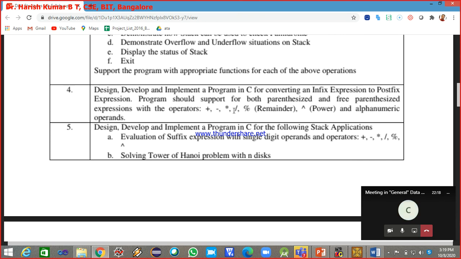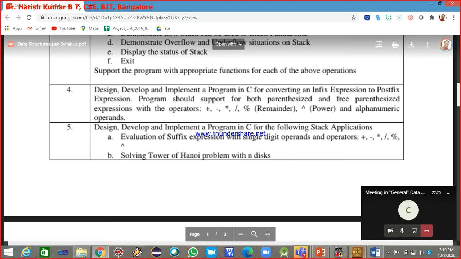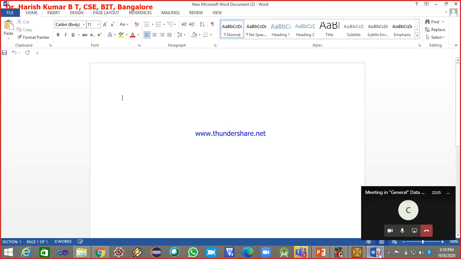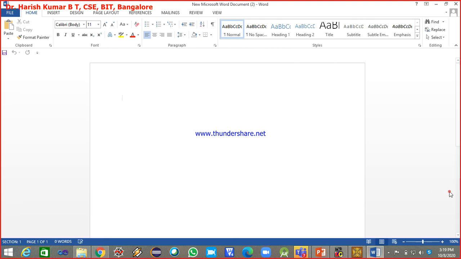Yes. Okay. Before going to the program, let me explain one thing. Two tables are required. If you know those two tables and one simple logic, you can easily convert any given infix expression into the postfix expression. Now what are those two tables?